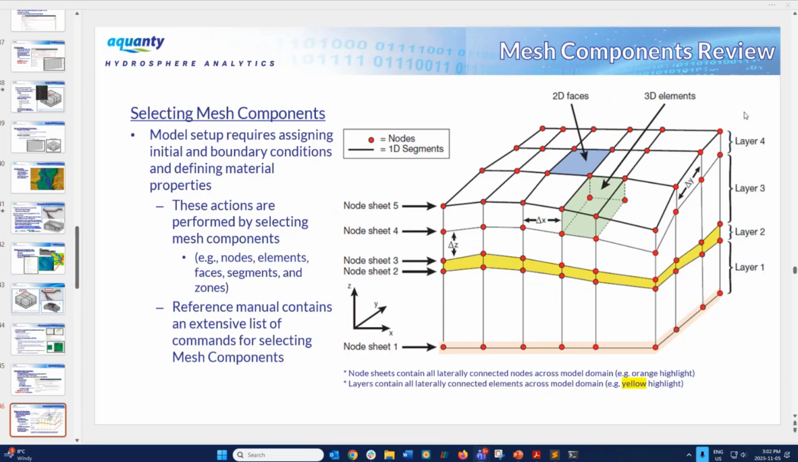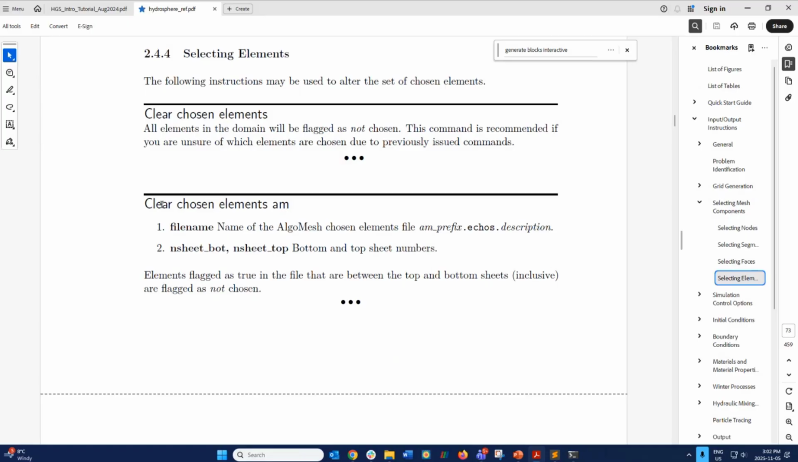It's also worth noting the verticality aspect. So node sheets are basically all of the laterally connected nodes, and then layers are all of the laterally connected elements. So some commands, if I go back to the HydroGeoSphere reference manual, for example,